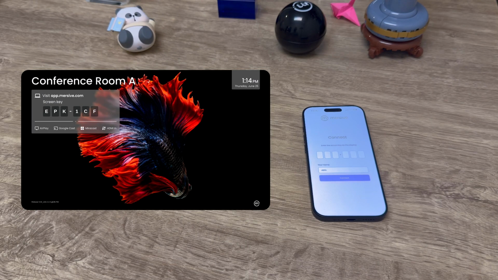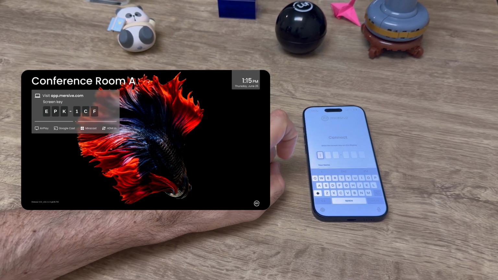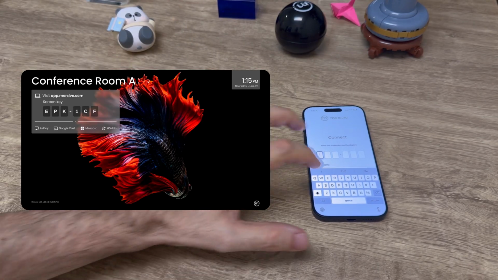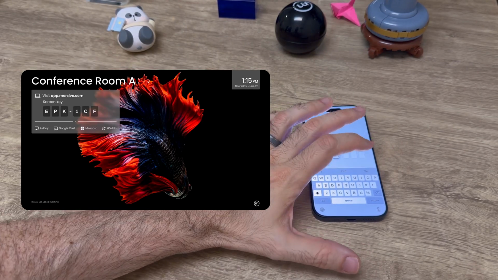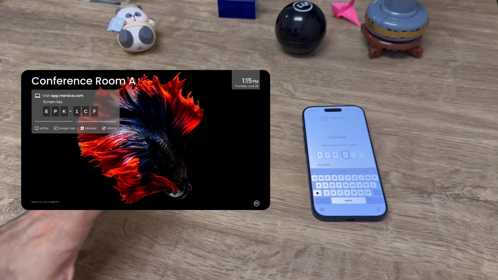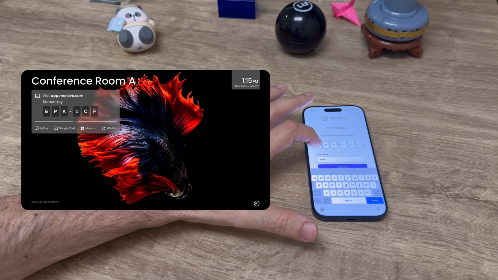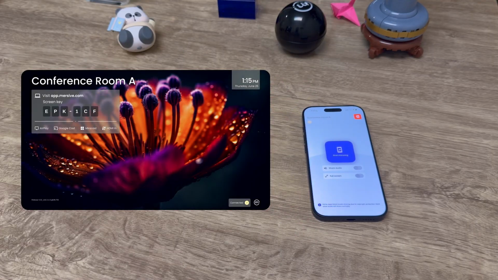If you're on your phone, the Immersive Connect mobile app gives you the same sharing experience just as it does on your browser. It is available now for iOS and Android. So all you have to do is open up the app. You'll see the Connect screen just as you would on your browser, and type in the screen key. Then type in your name, and just like that, you're connected.